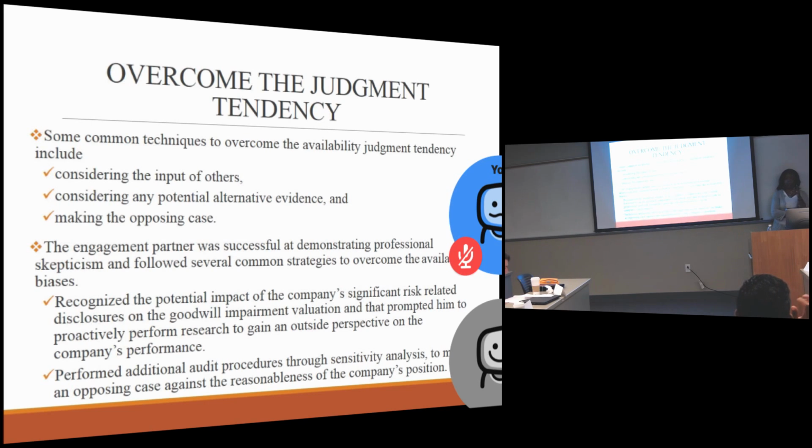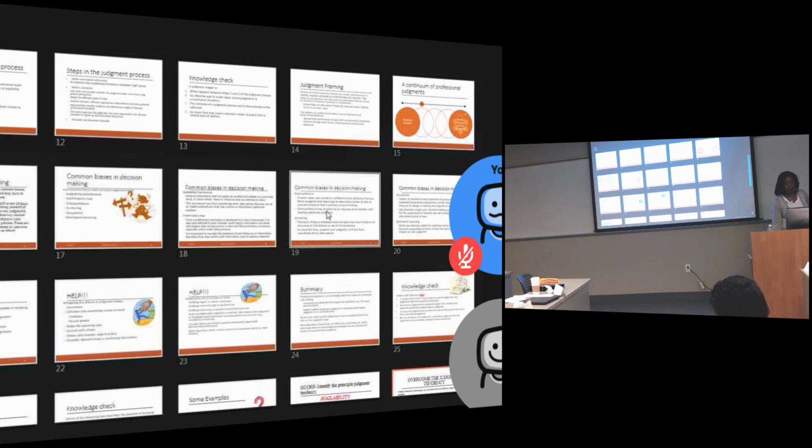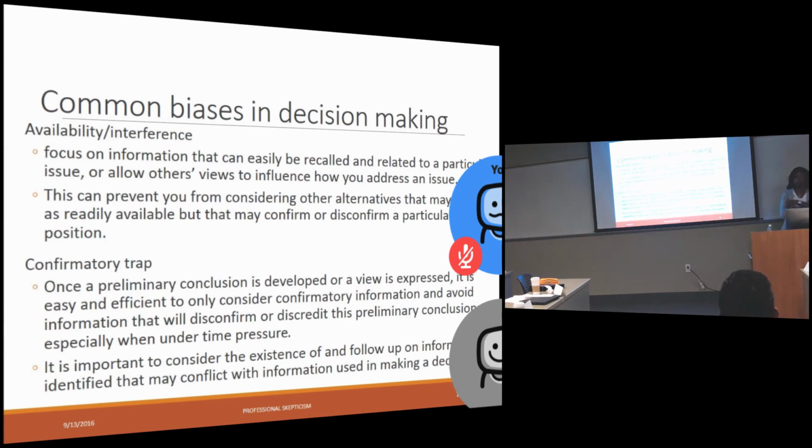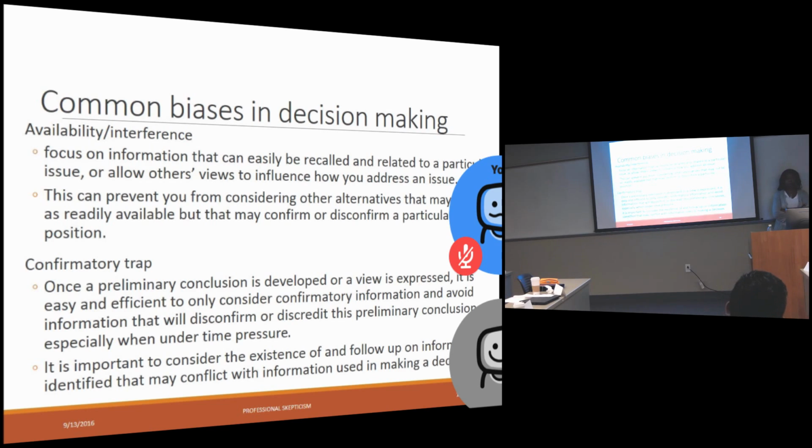I like all your reasonings. I thought it was the confirmatory trap because the auditor trusts Bert's opinion because he's an expert in what he does and uses past information to show how that's how they've been doing sales for the last couple of years. So she relied on his expertise in the field, and that's why she didn't question it. And the confirmatory trap basically says that if you take the preliminary conclusion based on what information you have available, then